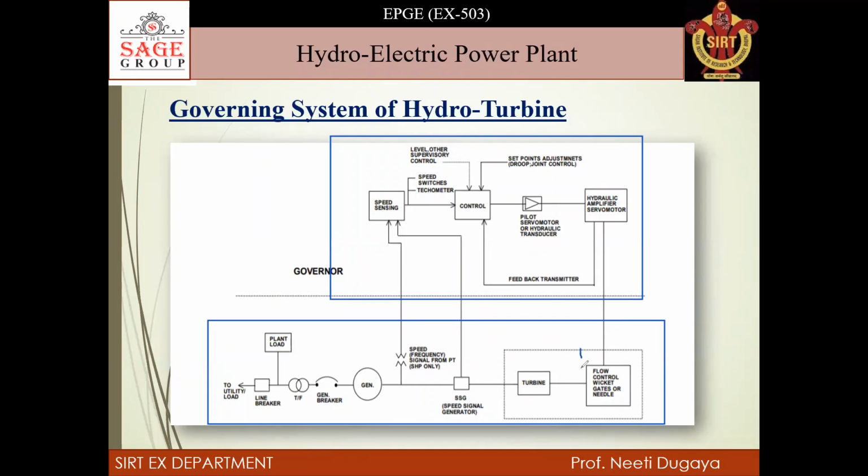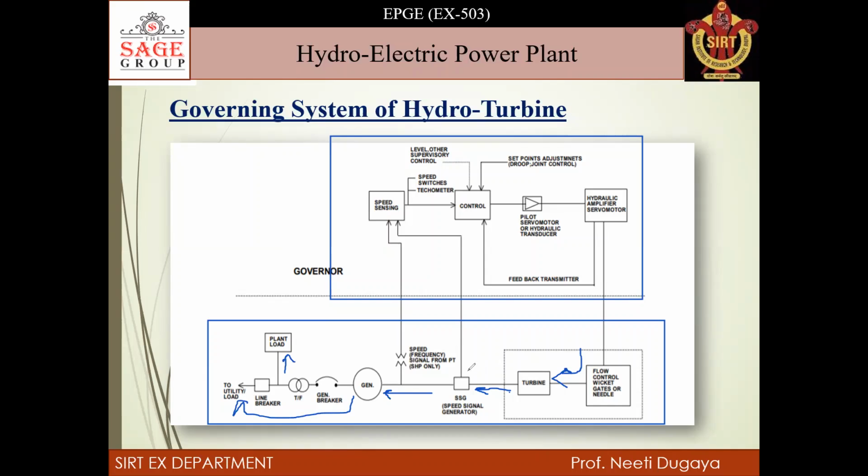So this water flow comes to the turbine, and the turbine moves. The speed signal of the generator is measured here with the help of this unit. This rotation is transferred to the generator, which converts mechanical energy into electrical energy and feeds it to the load or grid. In the path from the generated power to the load, we have line breakers, transformers, generator breakers, etc. Some amount of electricity is also given to the plant to compensate its own load.